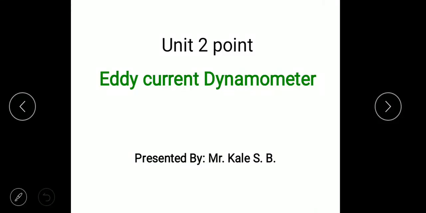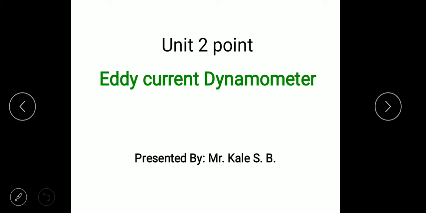Hello students, today we are going to see the revision of eddy current dynamometer device. Already we have seen the 2 to 3 types points revision. Now the concept is how the eddy current can generate and how this device is useful to measure the RPM, torque or the power of the rotating shaft or the engine shaft.